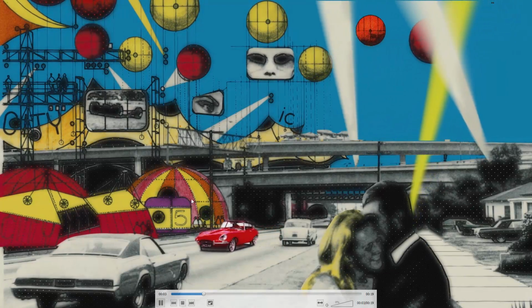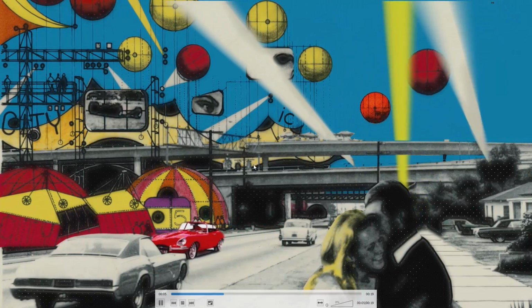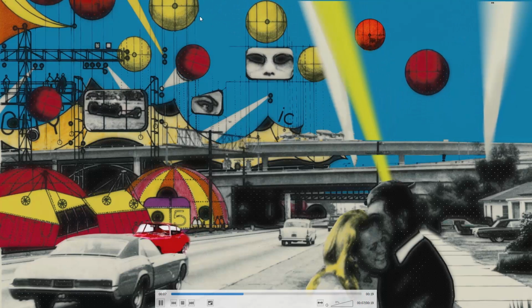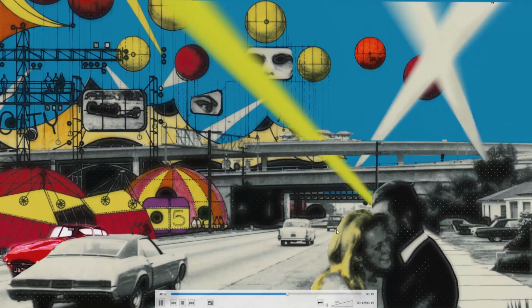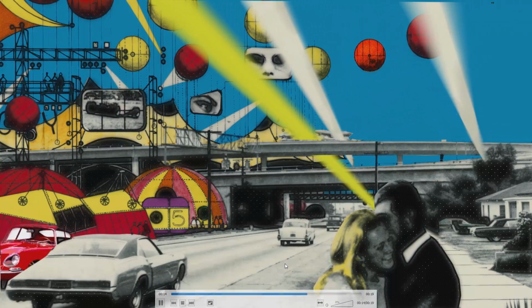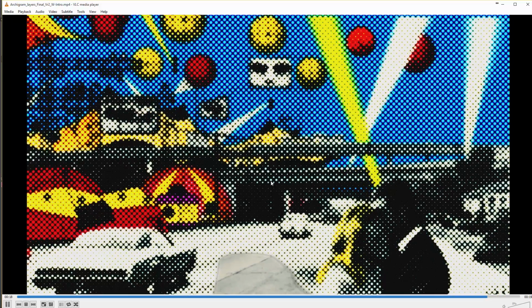So, let's get started and have a look at what we're doing today. As you can see here, we're animating a famous Archigram image, moving around all these different balloons. We have a car moving in the background, and just a slight bit of perspective. So, what we're going to do is close out of that,